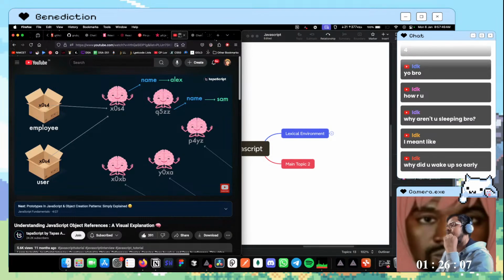So whenever you're doing this assignment, only this memory address is getting assigned. The value is left intact, untouched in that particular memory address, right? So now name equals Alex becomes name equals Tapas, ABCD, whatever it is, it is going to impact both employee and user. This is what is called passing by reference.